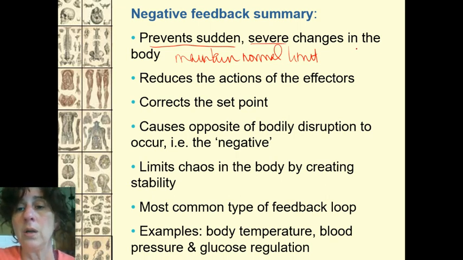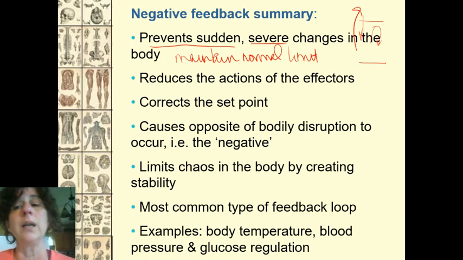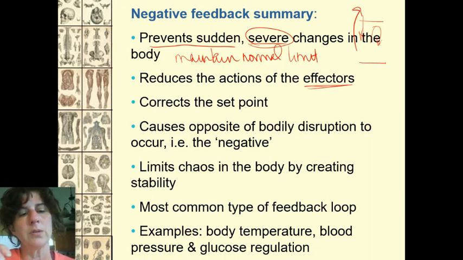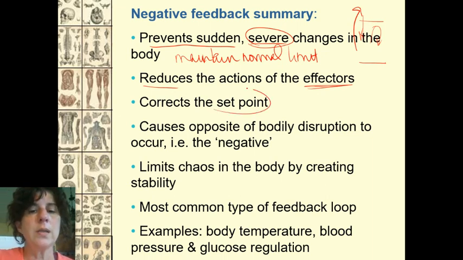I don't want to go, here's my upper end of my heat, here's my lower end. I don't want to go too far above it because I'm going to have to make some severe changes to get back to normal again. I just want to go, if I start to go that way, come back down very quickly and get back to that normal. Keep your body from working too hard by having to overcompensate for severe changes. So what it's doing in effect is now your effectors, those muscles, those sweat glands, whatever it is, don't have to work as hard because they're just working little amounts all the time. So working a little bit all the time is better than working a whole bunch once in a while, right? So we reduce the amount of action that these guys have to do by making them work a little all the time.